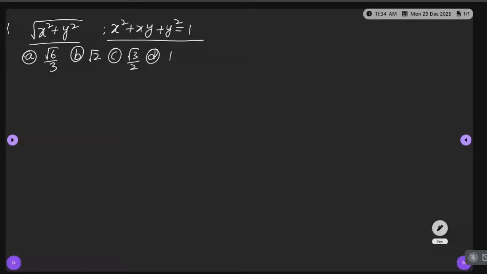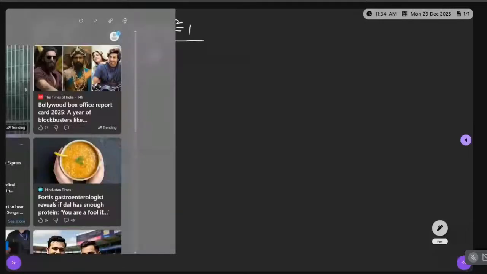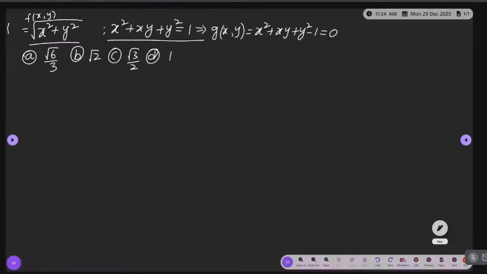This is f of (x, y). From this, consider g of (x, y) as x square plus xy plus y square minus 1 equal to 0. Now I am going to consider capital F equals f plus lambda g, this is equal to